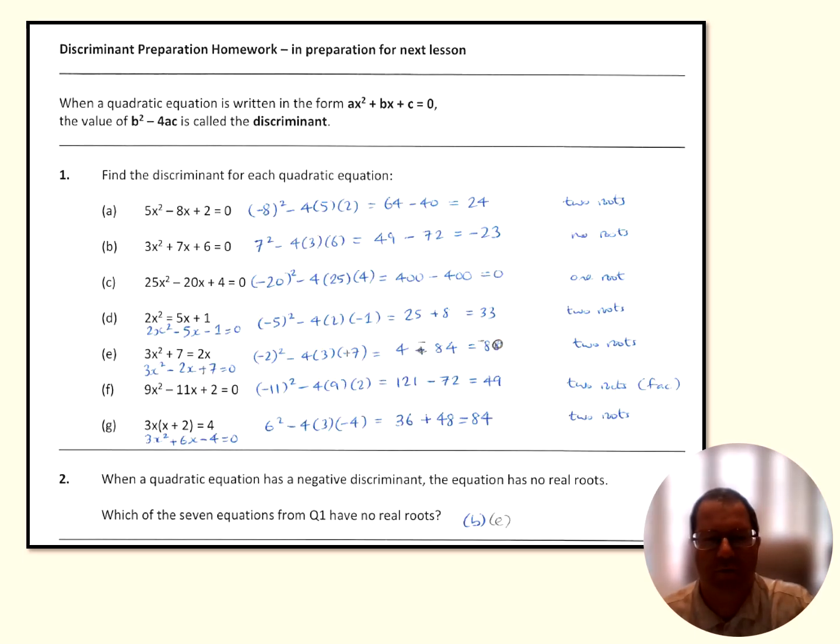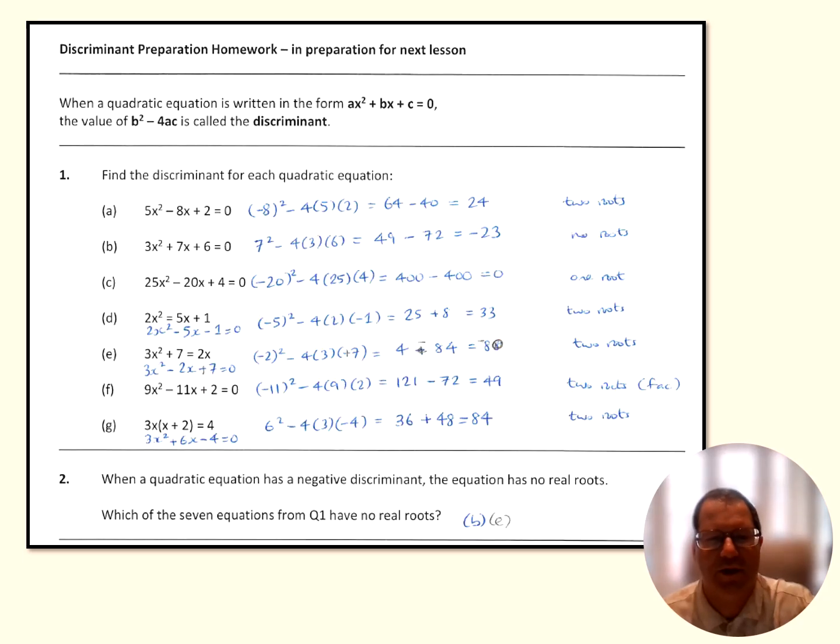So you were asked to work through this assignment in advance on the discriminant, and it says that when a quadratic equation is written in the form ax squared plus bx plus c equals 0, then the value of b squared minus 4ac, which we recognise from the quadratic formula, is called the discriminant. And of course that could be positive, negative or 0, and that will determine how many possible solutions there are